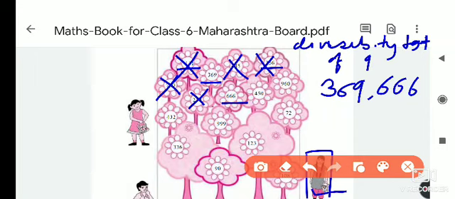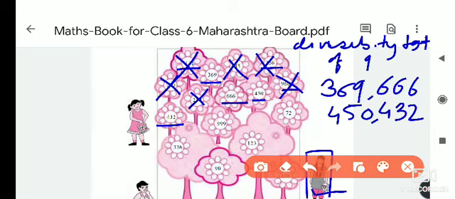Next it is 450. 4 plus 5 is 9. So 9 1s are 9. So she will take flower from this 450 tree. Next it is 960. 9 plus 6 is 15, and 15 plus 0 is 15. So as per the divisibility test of 9, she will not take flower from this tree. Next it is 432. 4 plus 3 is 7, and 7 plus 2 is 9. So 9 1s are 9. She will take flower from this tree.